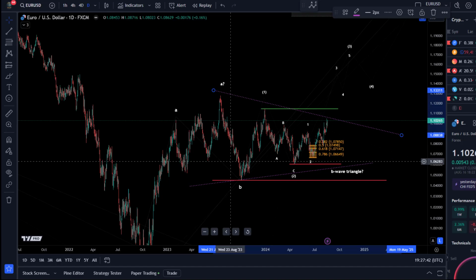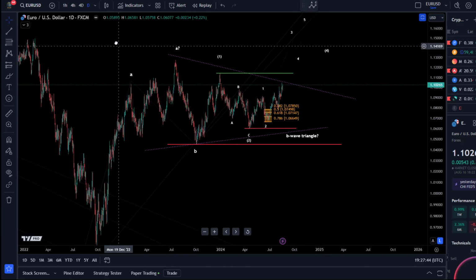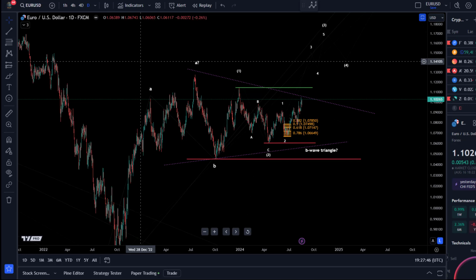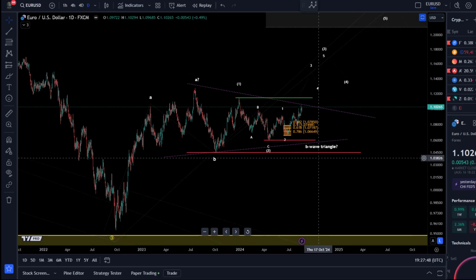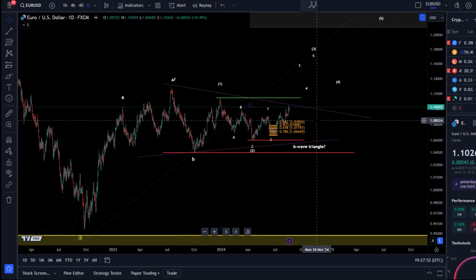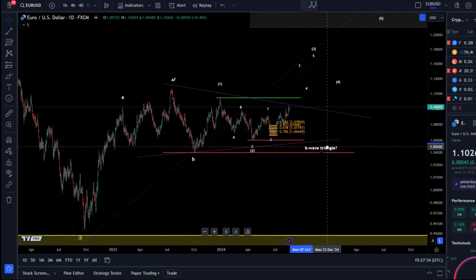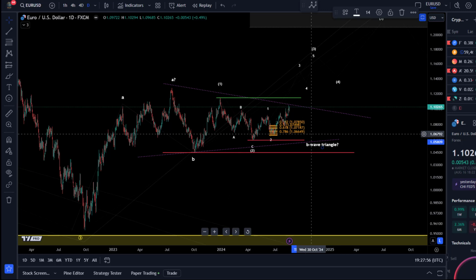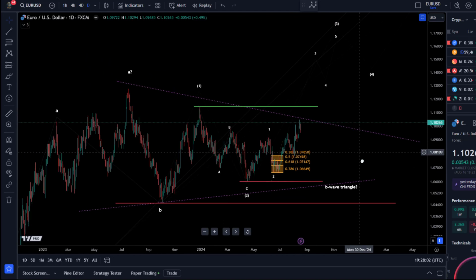Hello and welcome to another update about the Euro USD chart. We can identify here on this chart it's still a possible triangle pattern. It remains the alternative for now. Okay, so last video was a week ago, maybe even 2 weeks ago, and the forecast was for upside trend